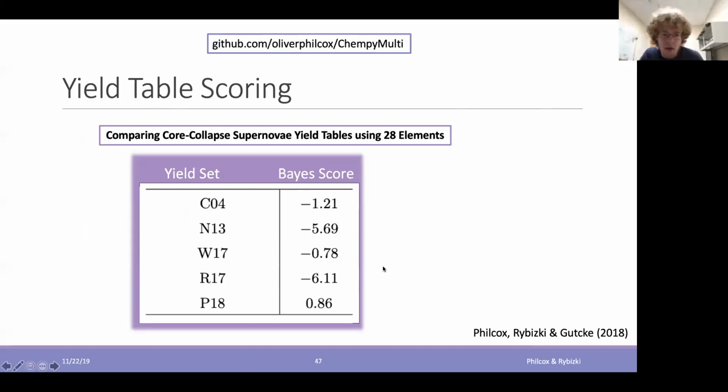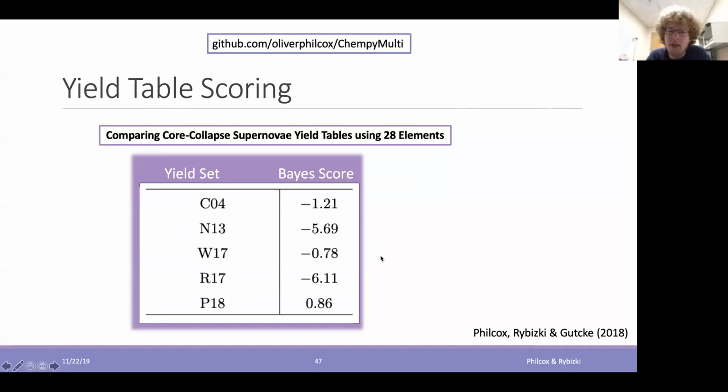So this is a little excerpt from one of the tables, which shows the Bayesian scores, from the first method I discussed, for a set of 5 different nucleosynthetic yield tables. Each one of these tables gives predictions for the yields of different elements as a function of mass and metallicity. It's just given the abbreviations here, but they're from a number of years, back from Chieffi's tables of 2004, all the way up to Nichols-Prantzos ones most recently.